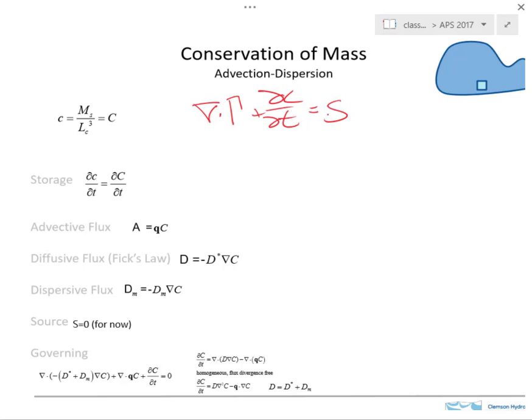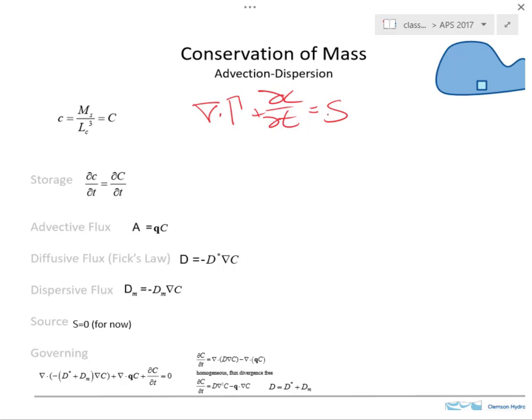So the dependent variable will be the mass per volume, and we can do it at first by just saying that we have a continuous body of water. If we want to make it porous media, it'll be the mass per volume of porous media, so we'll include porosity. Maybe you have to also include the degree of saturation in there,